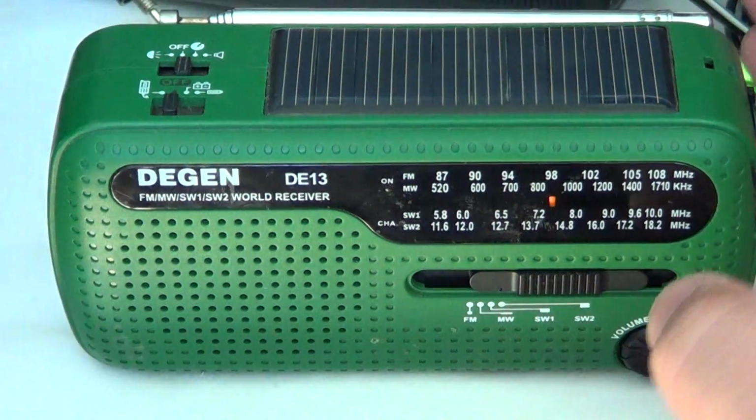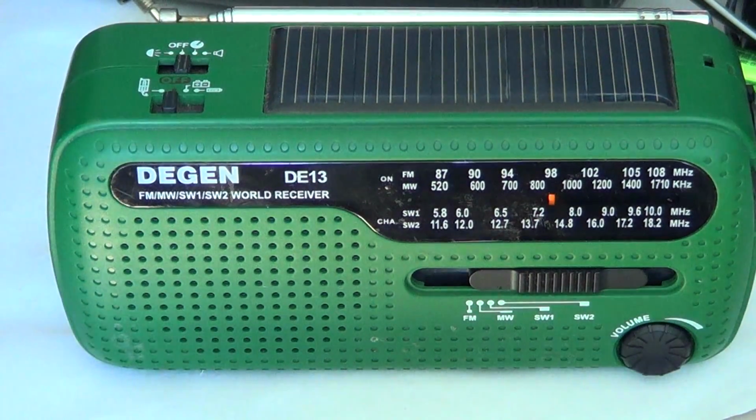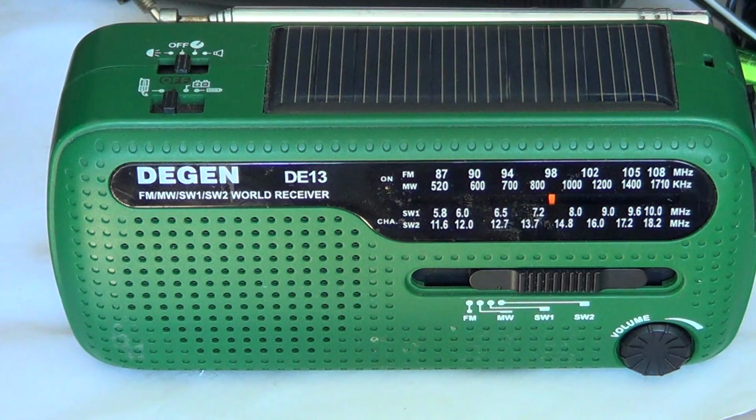Overall, it's a very amazing radio. FM reception is quite good, medium wave very good, with an internal ferrite bar antenna. Shortwave is amazing on this radio. I must say that for a cheap radio that has lots of features, it's one of the best cheap portable radios out there that is actually